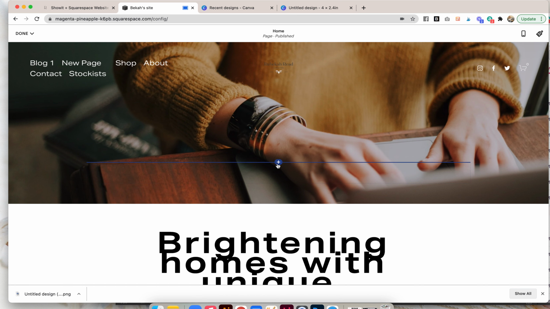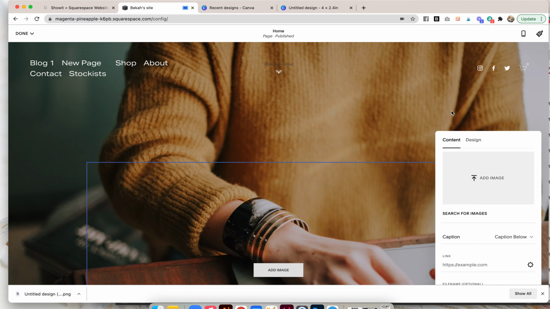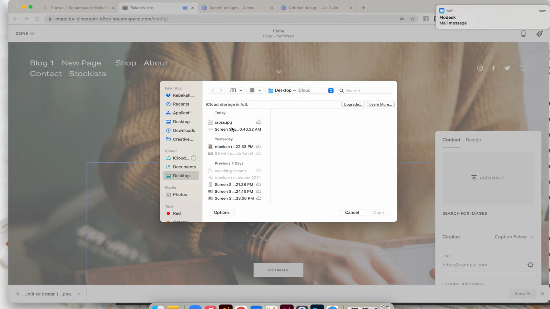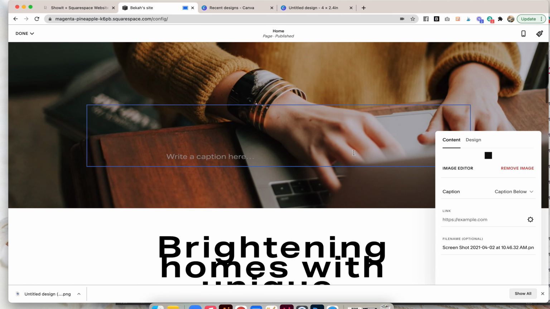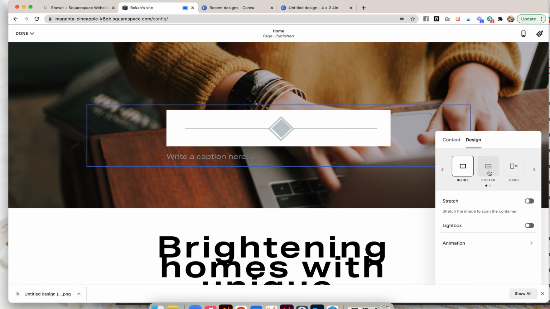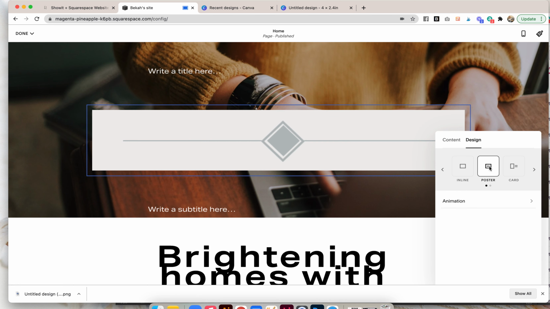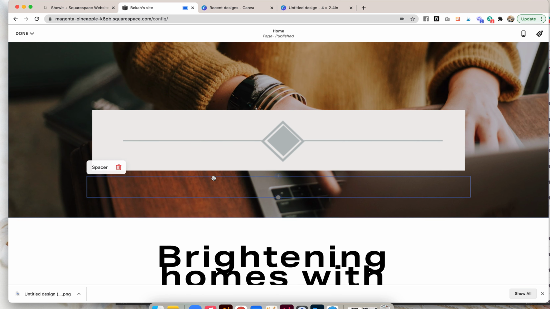So instead I need to put an image, and I can manipulate the image in many different ways, but I just want it to be with text on top. Ooh, I'm gonna want that to be bigger. And it needs to be a poster, right? Because I had writing on it, if you remember. So let's put a spacer on this side.